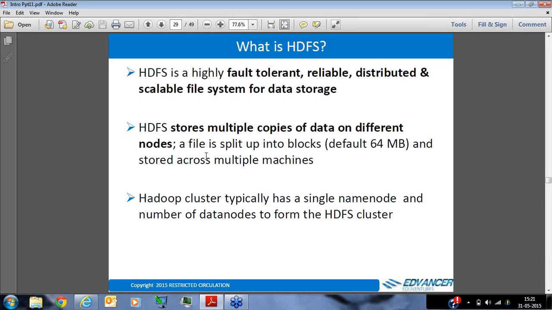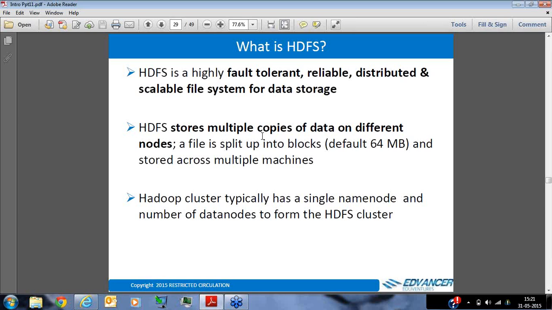The Hadoop distributed file system is a highly fault tolerant, reliable, distributed, and scalable file system for data storage. What does this mean? Let's take these attributes in a couple of pairs. Fault tolerant and reliable, distributed and scalable. What HDFS does is it stores multiple copies of data on different nodes or machines. It will split up the data into blocks of a default size of 64 MB and store it across multiple